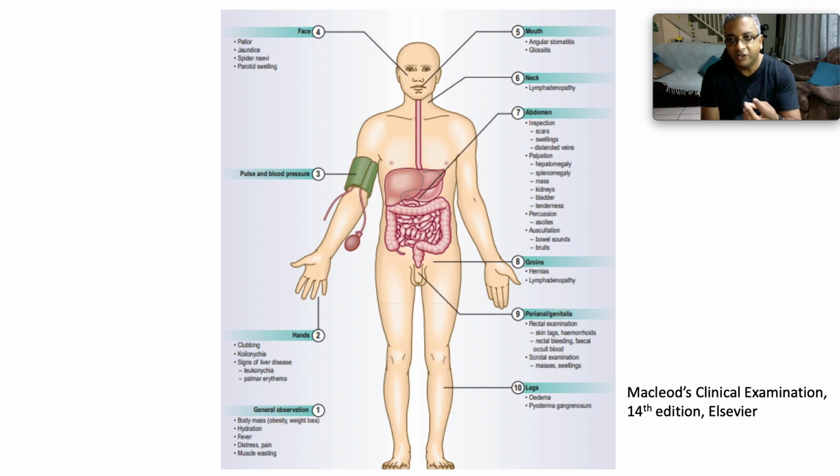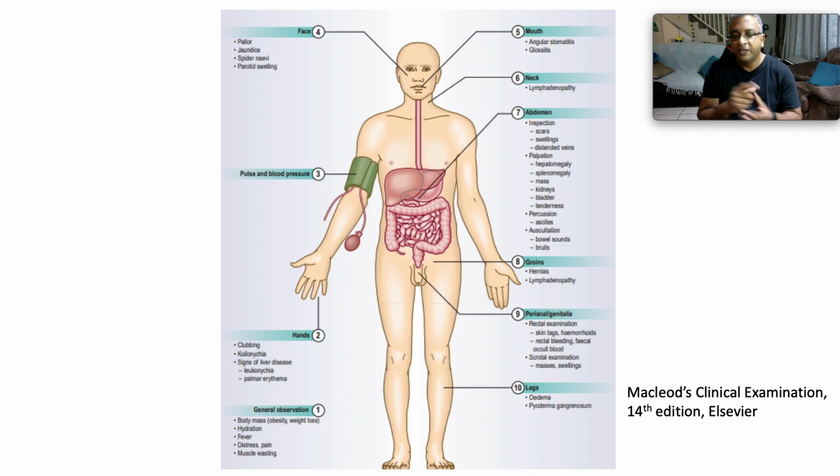Inspection, palpation, percussion, auscultation. You have to comment on scars, swellings, distended veins on inspection. On palpation, check for your visceromegaly, your hepatosplenomegaly, any obvious masses. You're going to ballot those kidneys, percuss that bladder, and check for tenderness. When you're going to percuss, we're checking for shifting dullness or a fluid thrill for ascites,